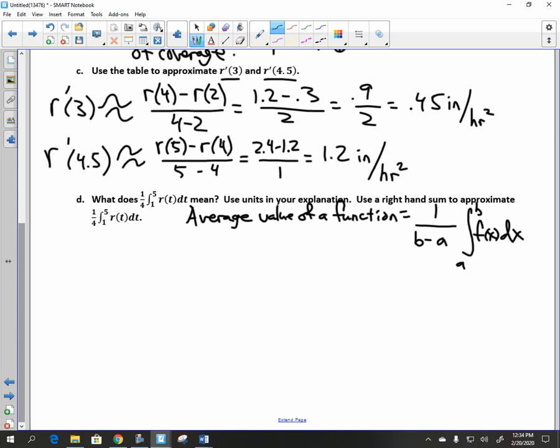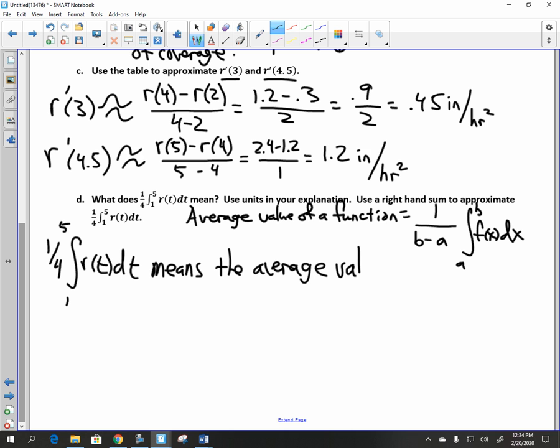So can somebody tell me how we get 1 over 4 out front here? Because 5 minus 1 is 4. Very good. So what this means, 1 over 4 integral from 1 to 5 of r of t dt, means the average value of what? What function do we have? The average value of the